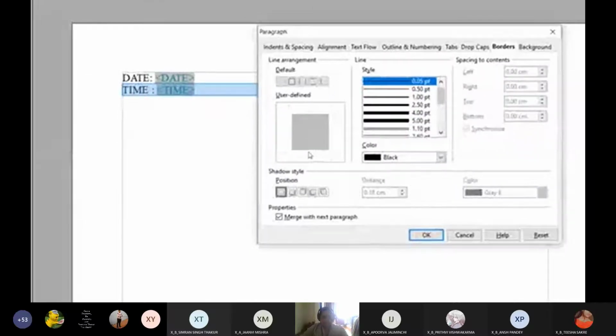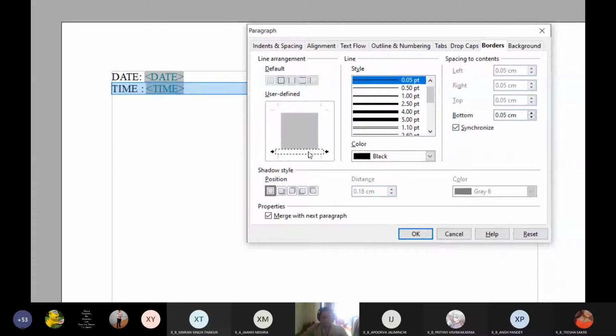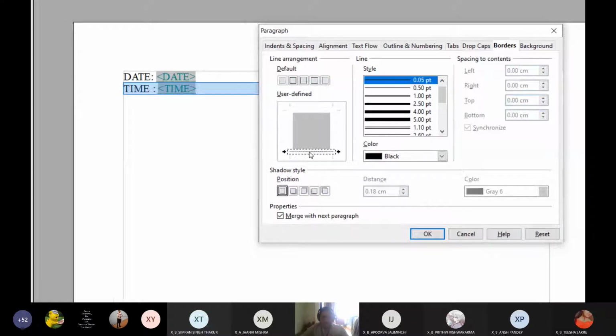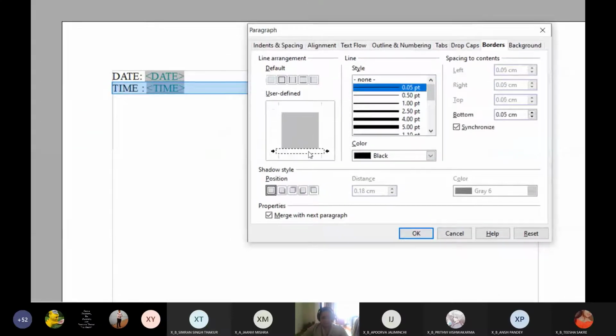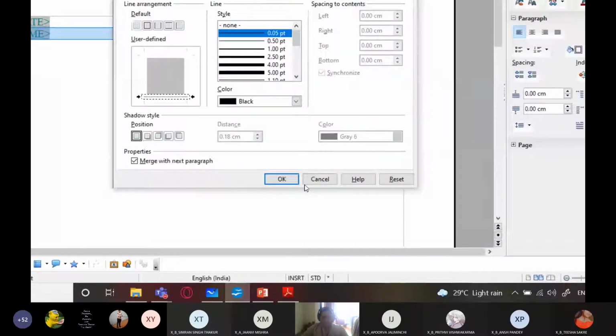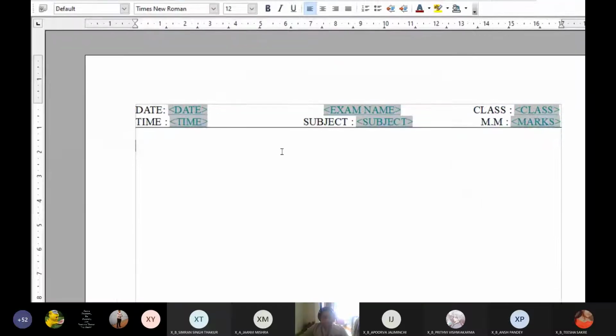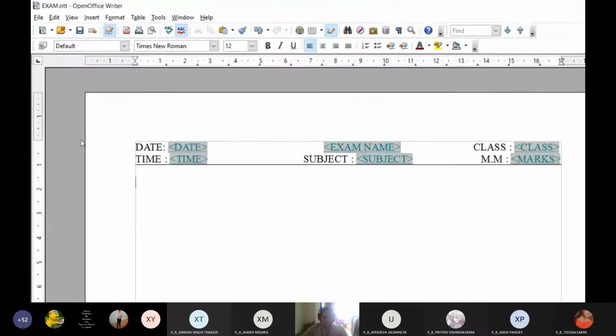So here I will just click on the bottom border. Right now I am getting dotted lines, so I will select this line and click on OK. So I get a line below this.